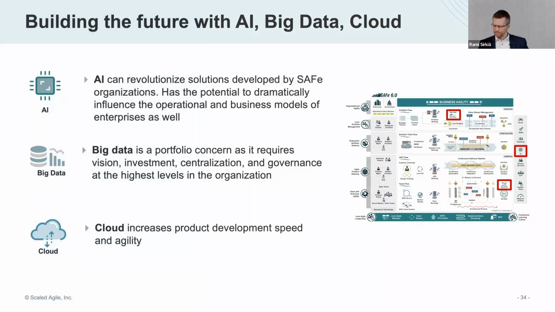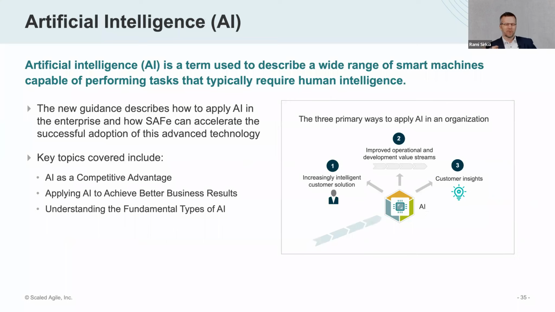Obviously, AI is important for quite a few levels. So you can find that in the spanning palette. The spanning palette is the location for everything which can be applied across. Big data quite often requires some alignment, how to do that, what are the databases, where do you collect the data, and use of the big data is also perhaps easy on the portfolio level, so making business decisions. And clouds are typically enabling faster development and faster build up, and thus related to the delivery mechanisms with DevOps. So just quickly addressing the possible benefits here.